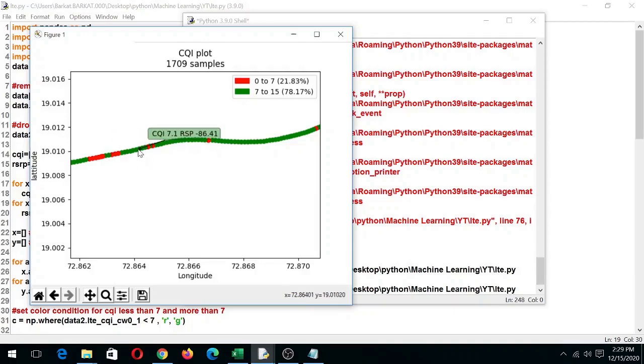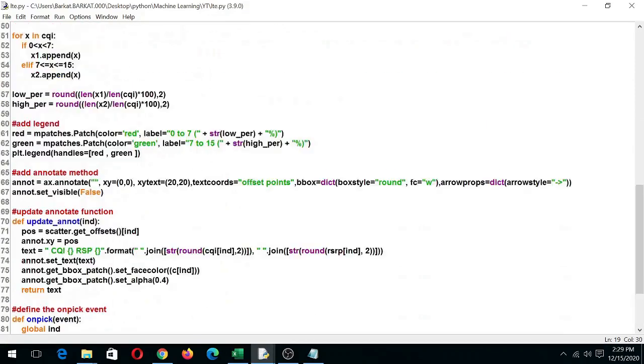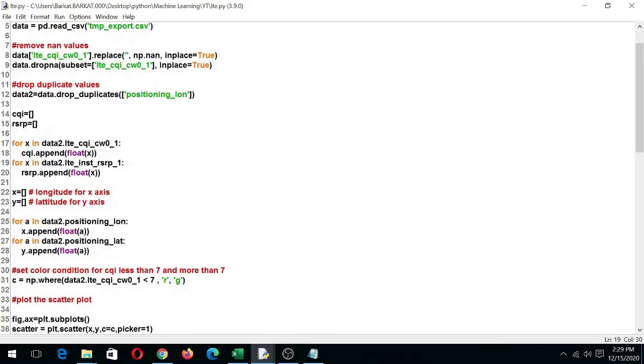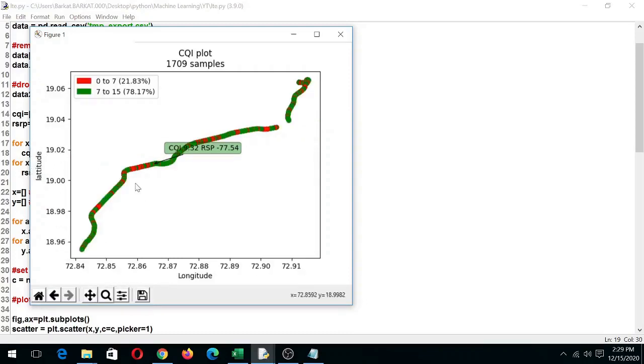So guys, this is how the data is plotted using Python. I hope I was clear. So we can also add